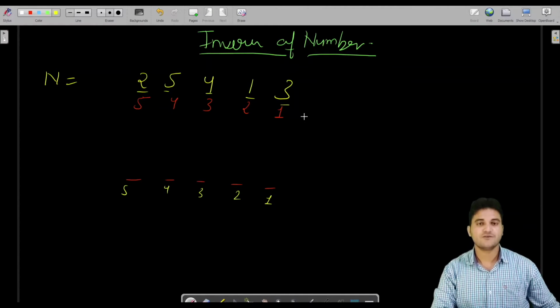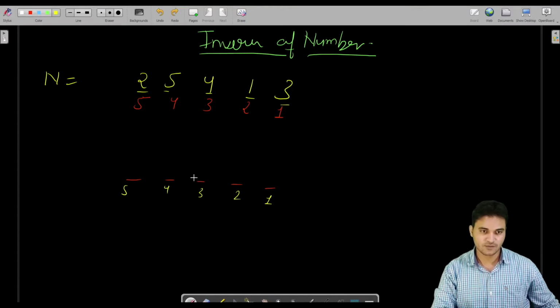Like the position would be replaced with the face value. See it very carefully. If 3 is on first position, then 1 would be on third position. This position would become the value and this value would become the position. So on first position, we would be having 1.